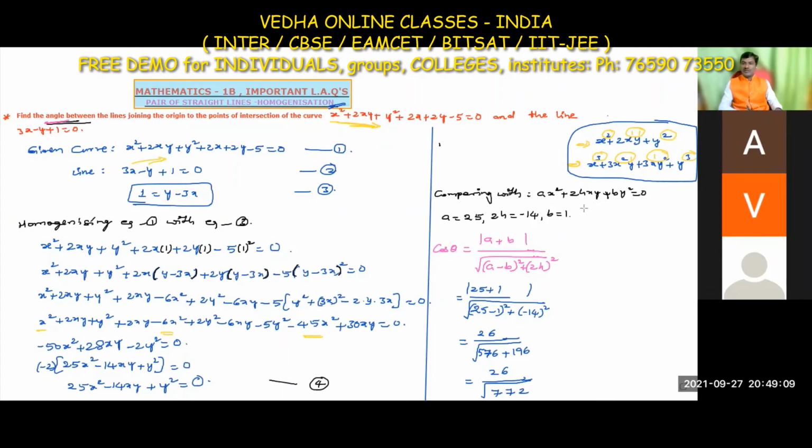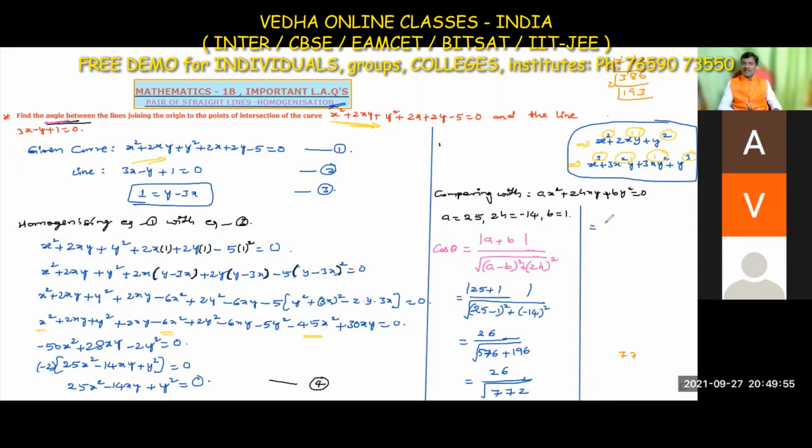Okay, so now here we are going to simplify this. 772. Simplify like LCM. For example, if we take 772, take the 2 table: 2 3s are 6, 1 remaining. 2 8s are 16, more 1 here, 2 6s are 12. Again take the 2 table: 2 9s are 18. 2 3s are 6, 193. 193 is a prime number. We can't divide it more. So that's why what we have to do here,